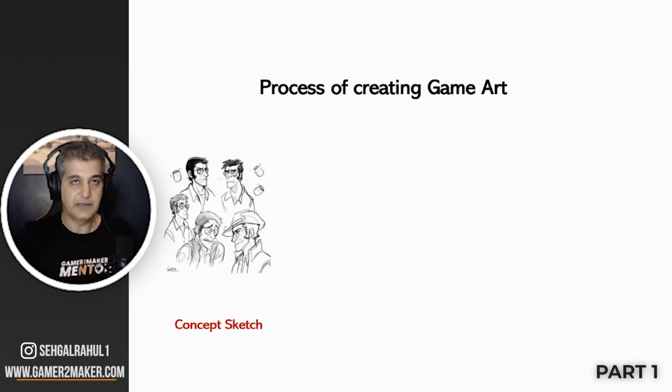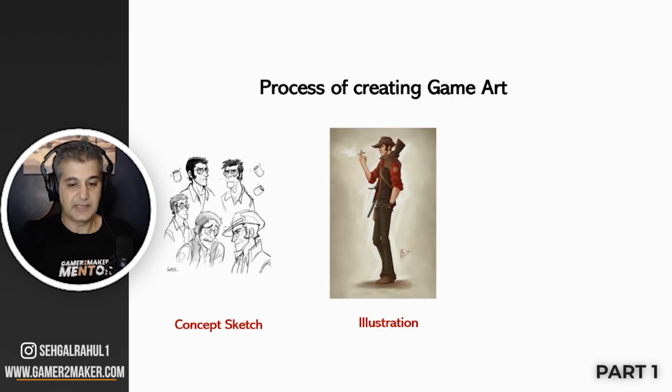When you start creating game art, you don't just start with Blender or whatever. In professional companies and professional game studios, the whole process starts by actually creating a sketch of whatever character or art you're going to make, and then there is an illustration. So from concept sketch, the next step is illustration. A concept sketch can have 5, 10, 15 different sketches. You can change things. A sketch can be created really, really quickly, and from the sketch, once all the people who are involved in the game project have been consulted, then you go to illustration, right?